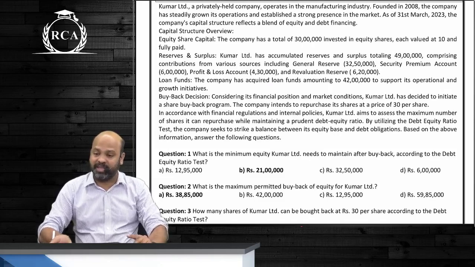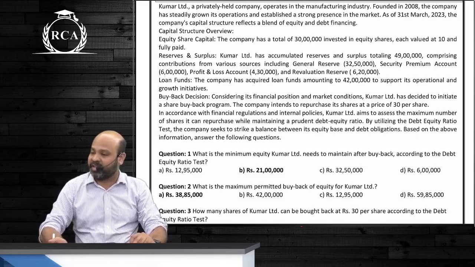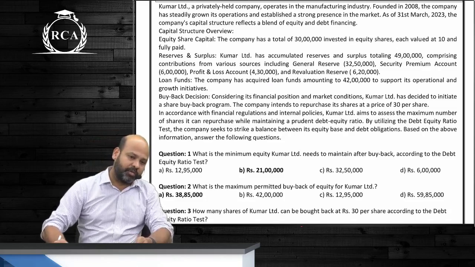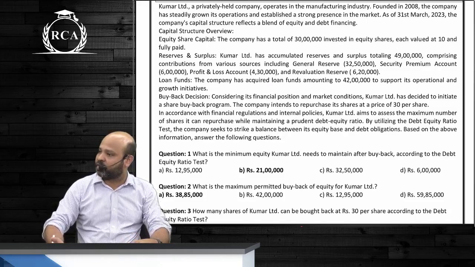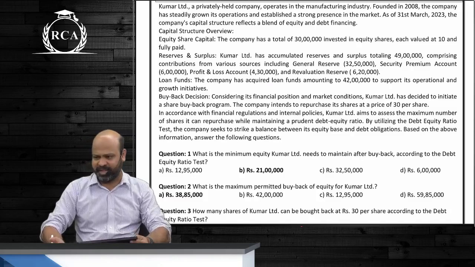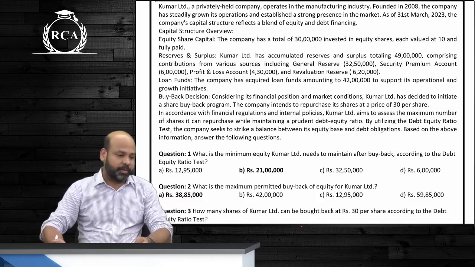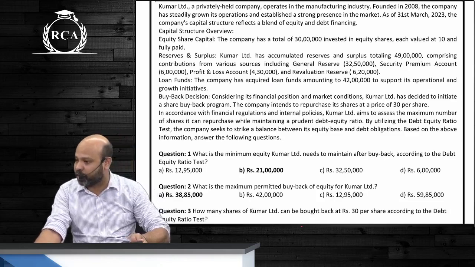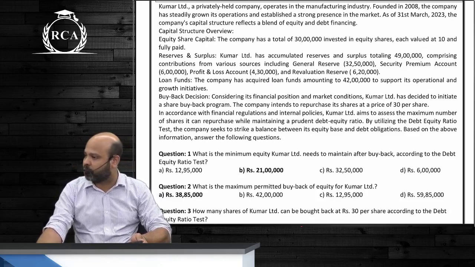We all know that there are 3 tests, guys, as per section 68. The first one is shares outstanding test. The next one, resource test. The third one is debt equity ratio test. As per test 1, the number of equity shares that can be repurchased should not exceed 25% of the outstanding equity shares. As per resource test, the amount of money that you can utilize for the purpose of buyback cannot exceed 25% of equity plus reserves and surplus. This reserves and surplus will include only free reserves and securities premium. Third one, debt equity ratio post buyback cannot be more than 2:1.